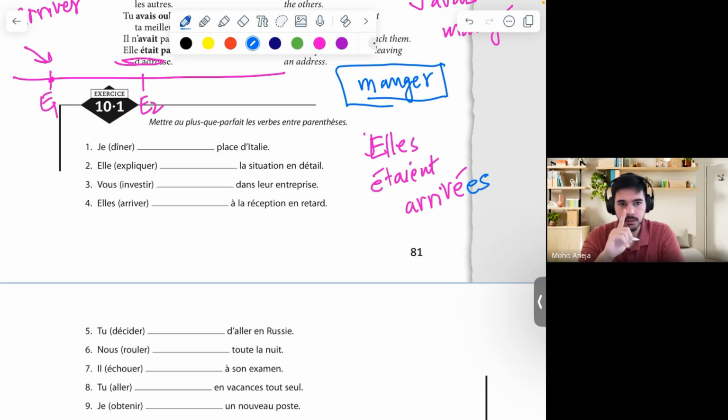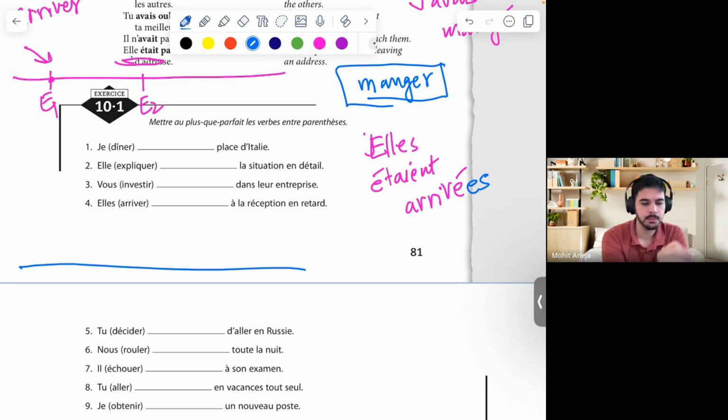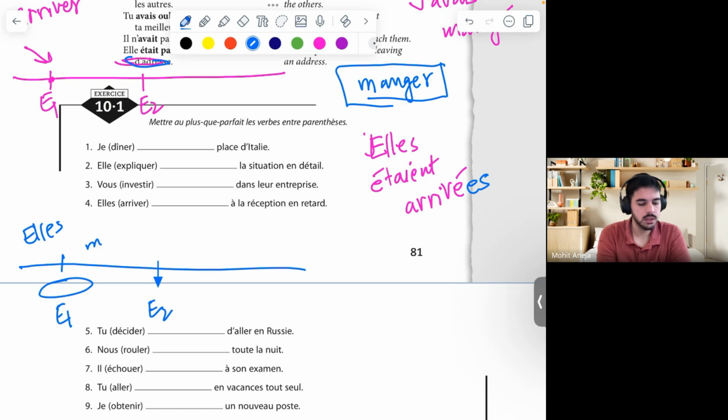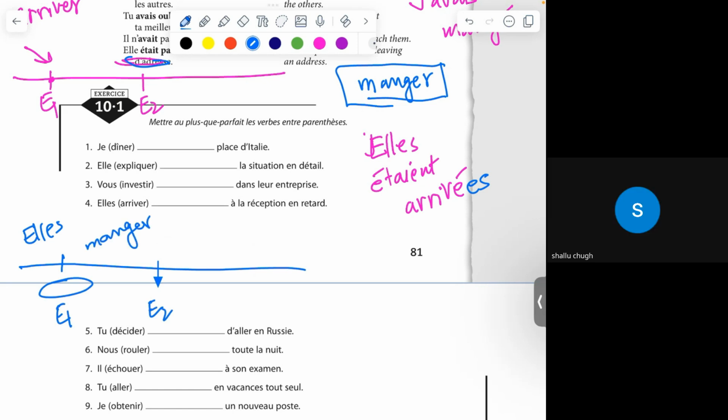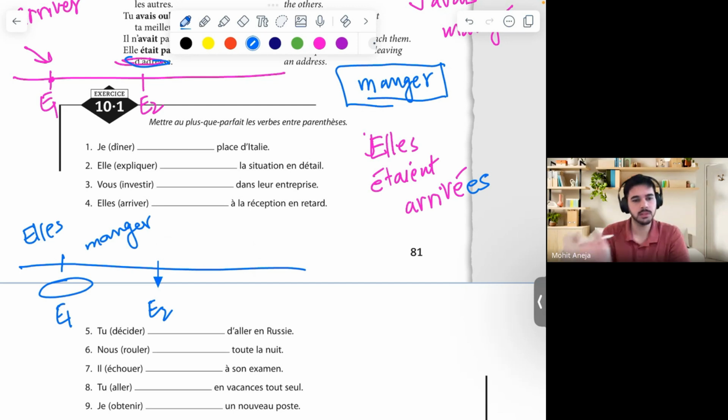I have a question for you both. Suppose I'm talking about conjugation, and let's assume we reverse these events. Here the eating was happening later and the arriving earlier. Let's assume we are talking about a group of females: they had already eaten before someone else arrived. Maybe I don't care about that person, but for now, in this E1 E2, the verb is manger. What will I conjugate manger with? That is happening before. They had already eaten before someone arrived.